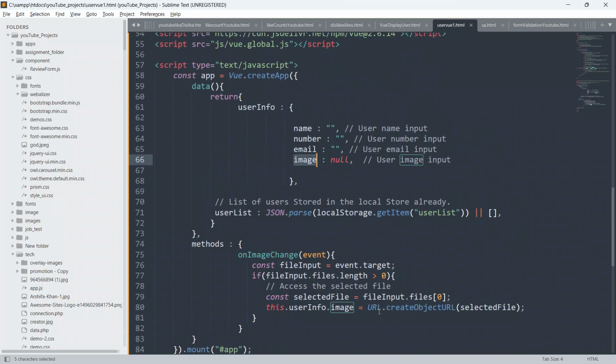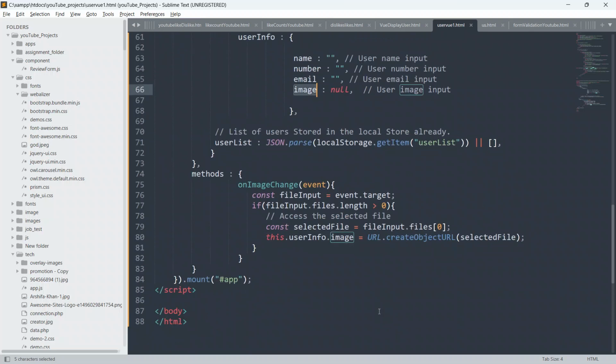Okay, so now this is done, and now below this I will create another function. I will add a comment for you here, giving some space, and I will say handle form submission.